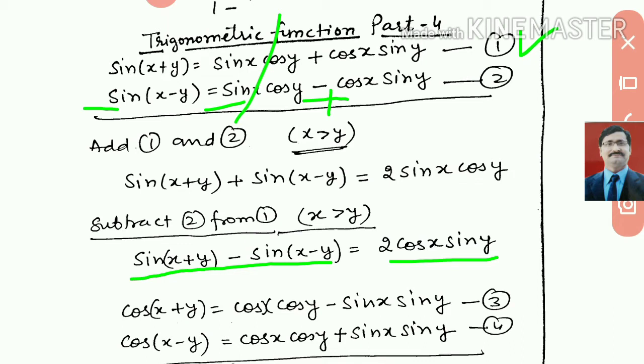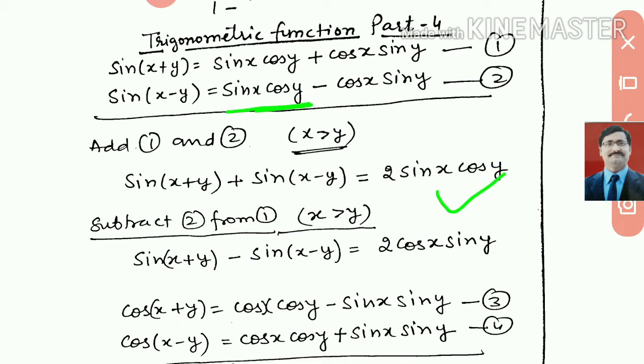Do all of you understand this? One thing you should keep in mind: here x will always be greater than y. Otherwise there is no change in these two. Here we have 2 sin x cos y, and in the second formula we have 2 cos x sin y. That is the difference. If you have a plus sign, sin will be first, and if you have a minus sign, cos will be first. Another way to understand it: if you have a plus sign, the first part will be doubled, and if you have a minus sign, the second part will be doubled. That is the main important part here.